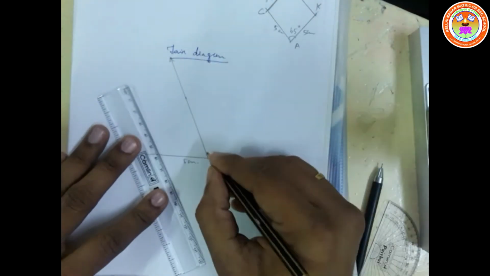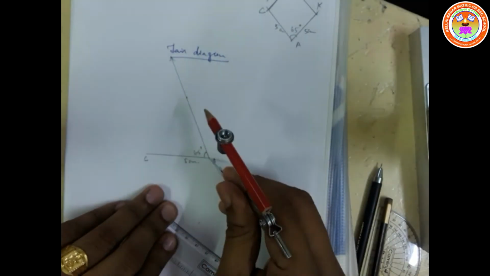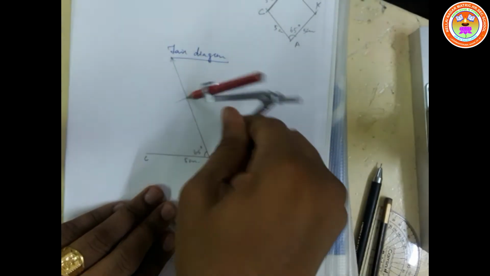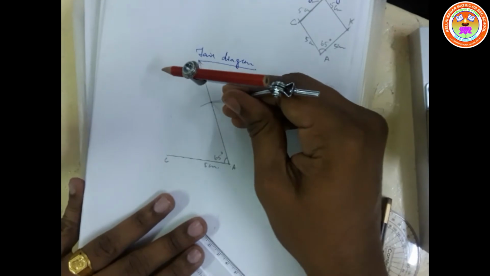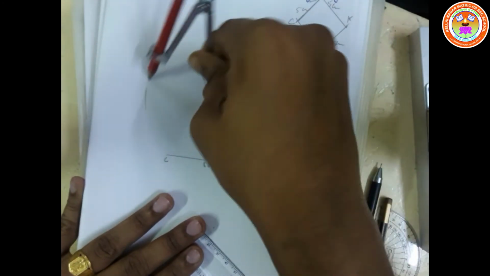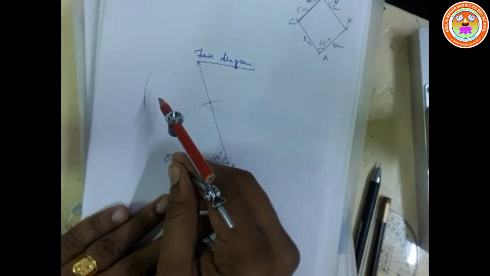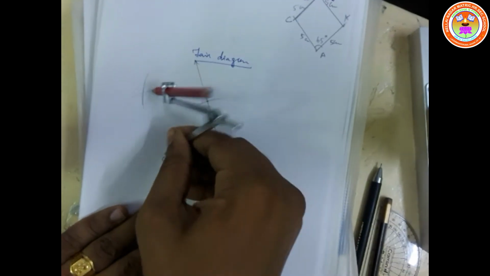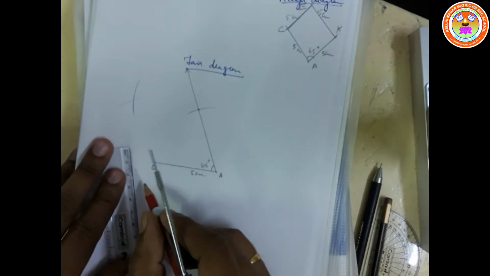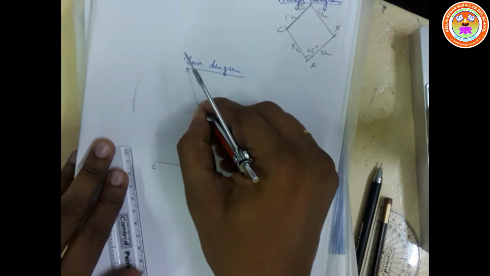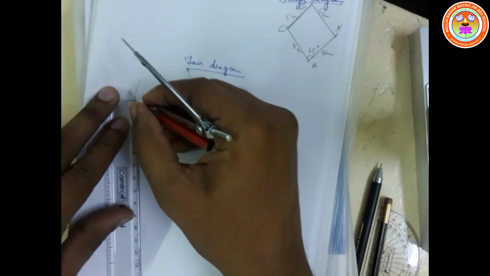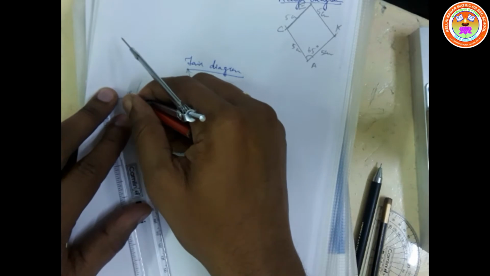Now from A you take 5 cm and cut an arc, and from here you cut another arc for 5 cm, and also from C you cut the previous arc. Join all the lines. Let this point be K and this point be E. If you join this, you will get